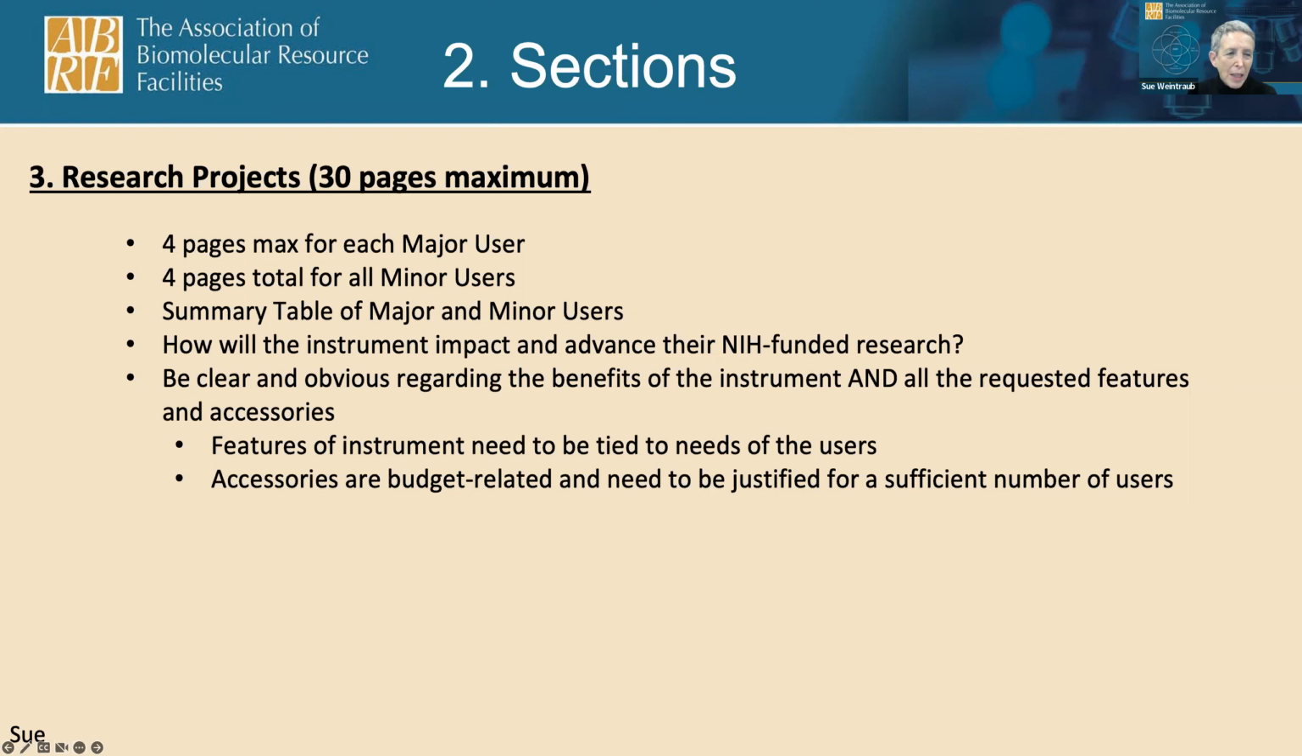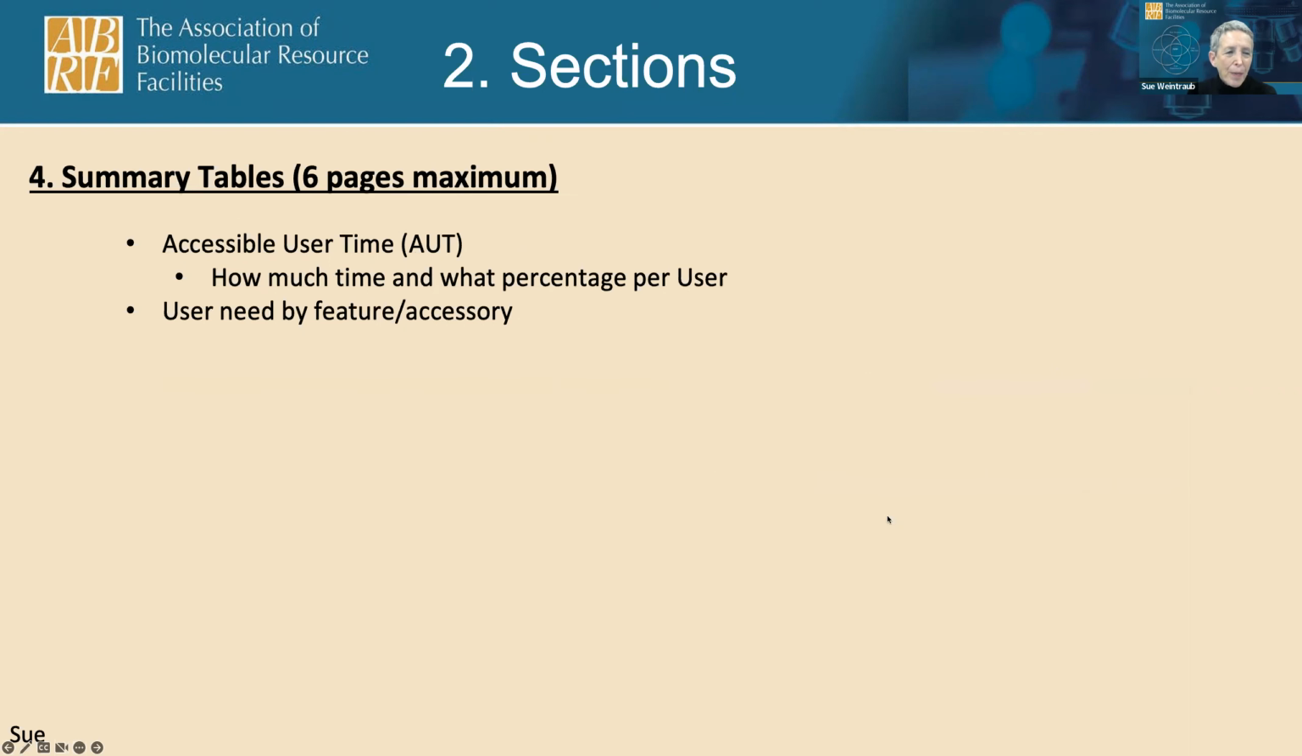Okay, next slide. All right, summary tables, and we can talk a little bit here about AUT. This is something that is the most confusing and something I wish they would come up with a different way of doing it. I'm going to read something that I have here from the guidelines